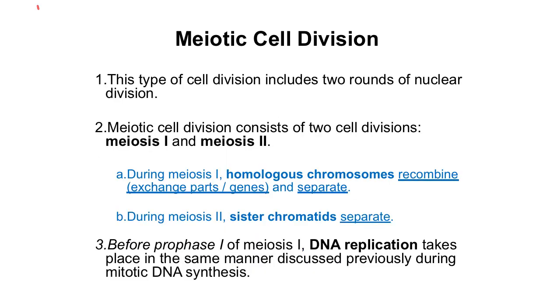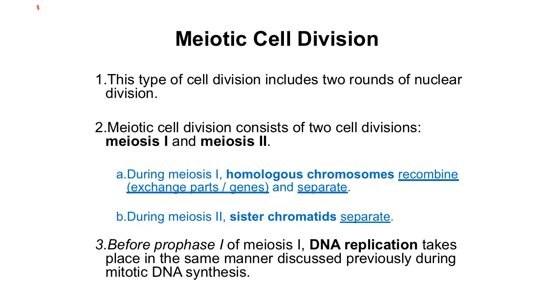Now, it's important to recognize at the start that meiotic cell division includes two rounds of nuclear division. Meiotic cell division consists of two cell divisions called meiosis I and meiosis II. But these two cell divisions are essentially describing what happens in the nucleus. There are two main important things that I highlighted here in blue that you should remember